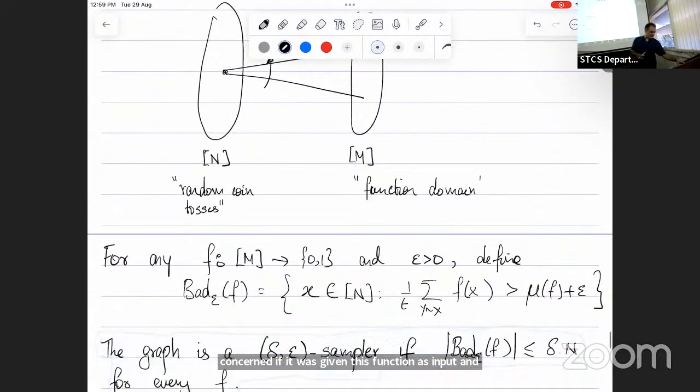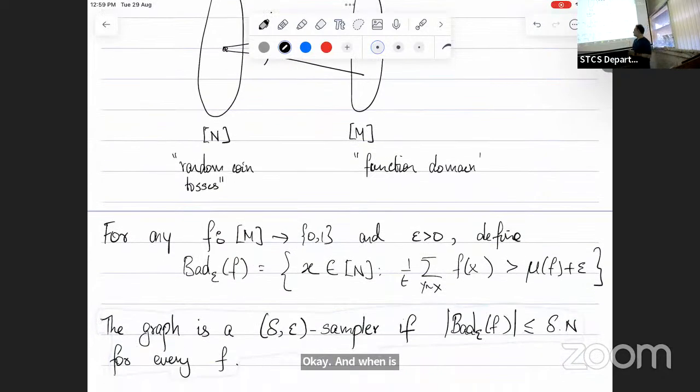And when is a sampler a good sampler? Something is a (delta, epsilon) sampler if for every choice of your function f, this bad set should be a small set. That is, it must only take up a delta fraction of the possible random coins. Basically, if the choice of the left vertex happens to be in the bad set, your algorithm will deviate from the expectation by more than epsilon. And I want to say the chance that I fall in this bad set is not too large. That is, no matter what function I care about, I want the size of this bad set to be at most delta times